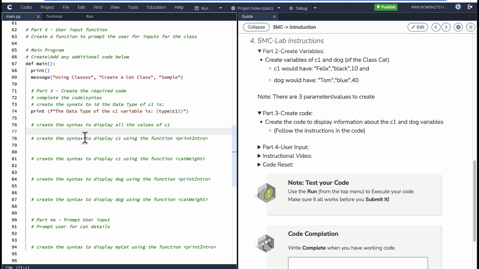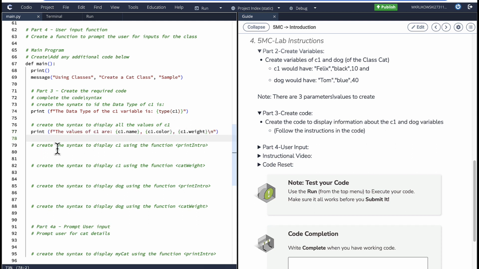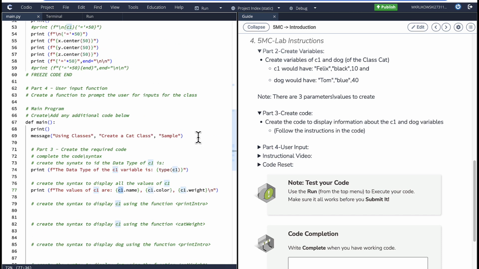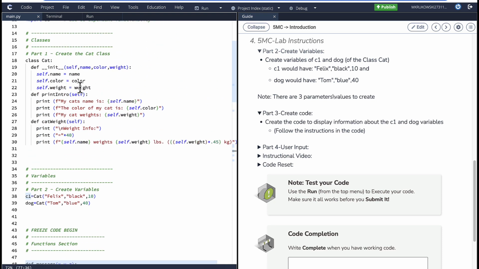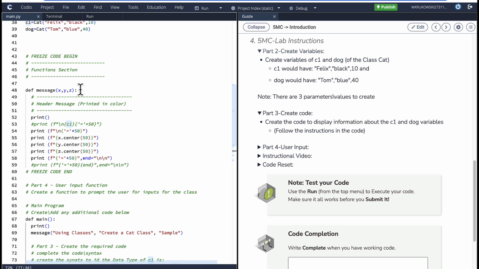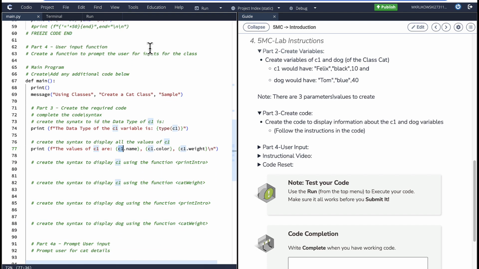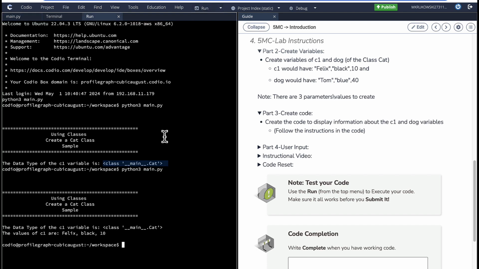Create the syntax to display the values of C1, and here's our print statement. So the values of C1 are, so we have the variable that we've created, and then we're utilizing .name, .color, .weight to correspond to these items that we have assigned for C1. So when the code is executed this time, we can see that the values of C1 are Felix, Black, and